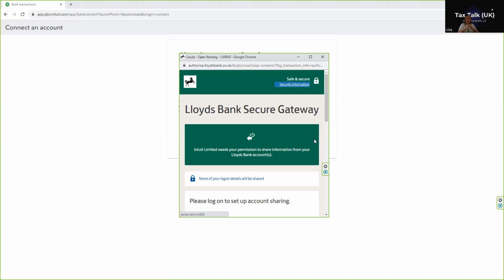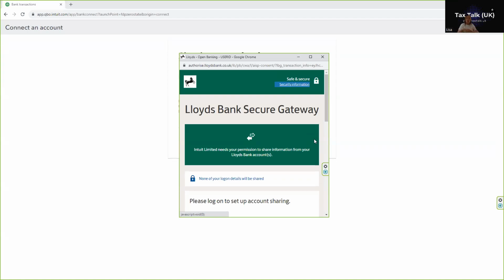to QuickBooks. Now, once it takes you back to QuickBooks, it is important to look at that screen that it takes you to, because it's asking which of your bank accounts you want to link to which accounts in QuickBooks. So if you have, for example, your bank accounts called Lloyds Bank current account, Lloyds Bank reserve account, then that's really easy. But if it's just current account and reserve account, you just need to make sure that the right bank account is going to the same bank account in QuickBooks. You have to remember that without you telling the software that, it won't know. So it's important that you do check that you're sending the bank transactions from that bank account to the right